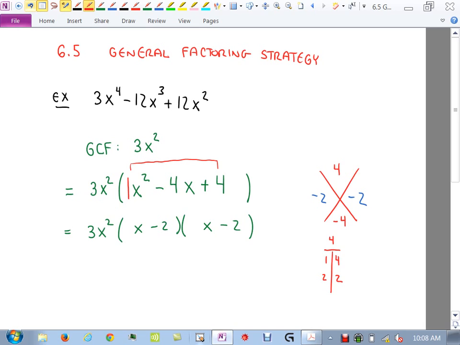Is x minus 2 a difference of squares? No, x and 2 are not squared. So I don't have to do anything there, right? X minus 2 over here is the same thing, isn't it? So I don't have to break those down. I'm pointing that out because in problems that we do as we continue, this might turn out to be something that we can continue to break down. So I'm done. I can box that